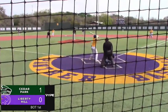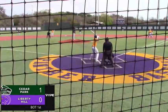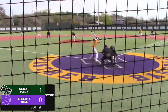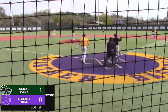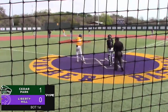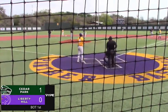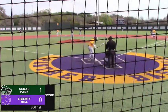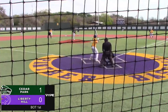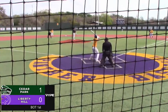It's a tough pick for a lefty pitcher. He's got to turn his body all the way around to get to center, towards center field. And the man on second, that's up and away, ball 2, 2-0 now to DeMars. Of course, with the lefty pitcher, much easier to throw to first, but they're not even holding